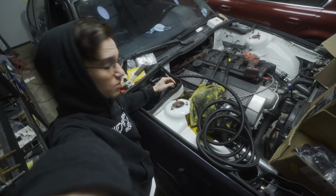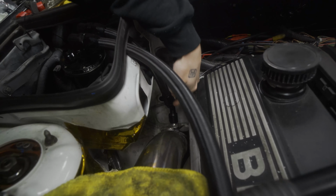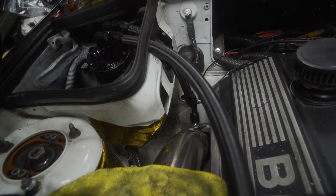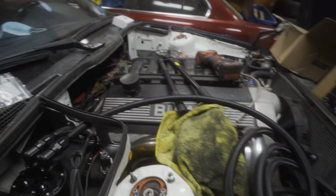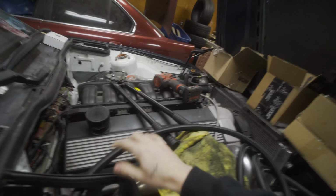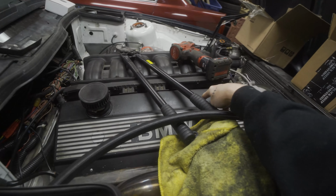Anyway, today we're going to be doing AN lines. I already did one just to make sure I know how to still do it. This is the one that's going to the Venturi, pulling vacuum on here. So what I'll need to be doing is finishing the two that will be going to the valve cover here. And to do that, bring you guys here,